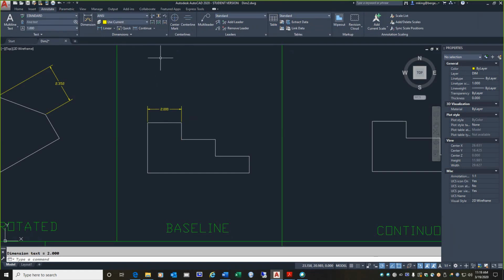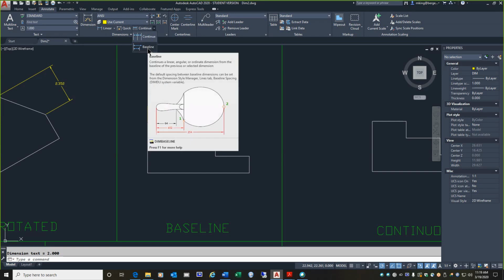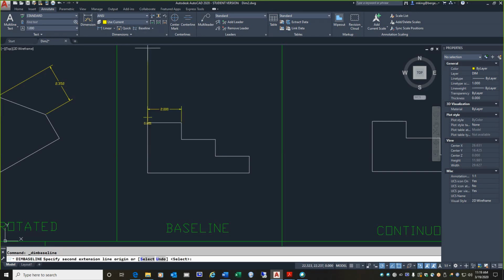But what I have to do is select the continue, and then here's the baseline, finally. All right, so I'm selecting baseline, and I'm coming over to the upper right corner of my second step. Now look what happens here. It automatically connects to my left side. When I come down here and snap to this step,